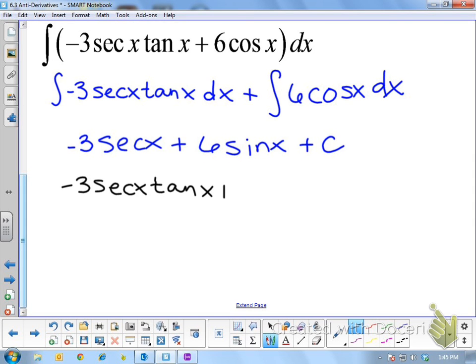Derivative of sine is cosine, and we just leave the constant there. What's the derivative of a constant all by itself? 0. So this means we've checked out, we did our integral correctly. So if you're ever in doubt, differentiate it back to see